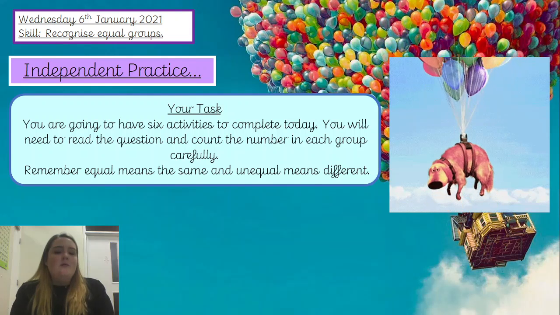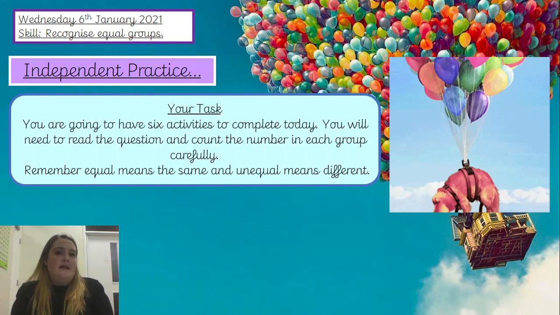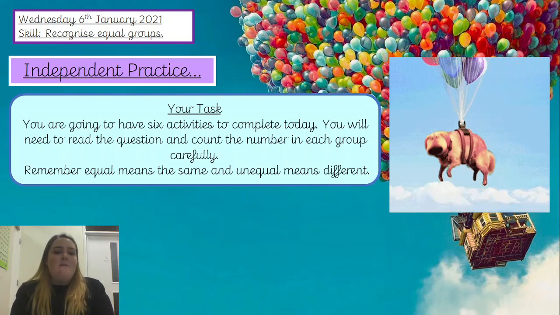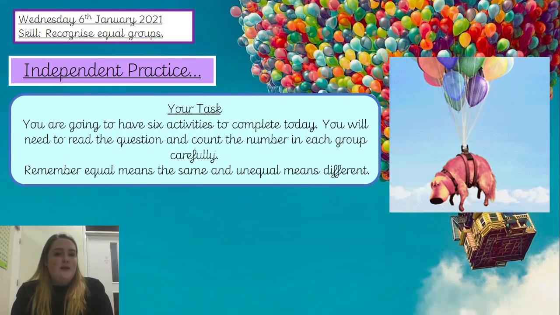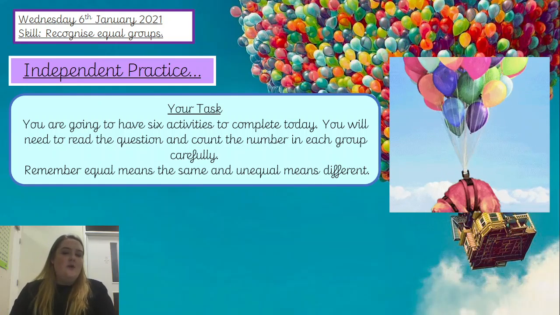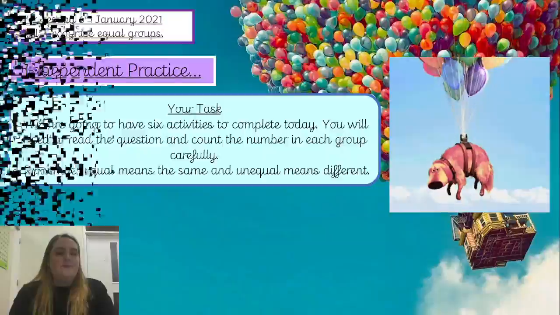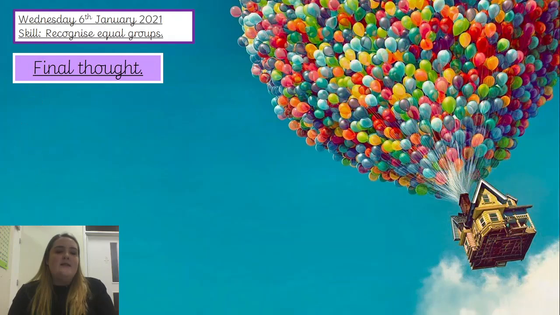And you need to count the number of groups and the number within each group really carefully today, because some of the questions might be quite tricky and catch you out. So remember, equal means the same and unequal means different, and that will really help you when you're completing this activity. Okay. That worksheet will be on the website, and it's under recognising equal groups for today. That will help you. Okay, so you can either pause the video and complete that, and then once you've completed that worksheet and activity, you can unpause it, and then we are going to go through our